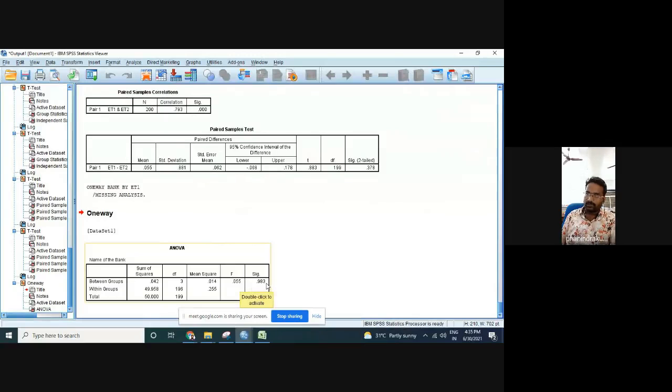The table value we get as usual from textbook references. You can go to the textbook references and see what the table value is for 199 degrees of freedom at the 0.05 level of significance. We will get the ANOVA table there. And if it is above 0.05, then directly reject the null hypothesis and accept the alternative hypothesis. You can write the interpretation in this way. I have given some interpretation also, and I will show you the interpretation too.